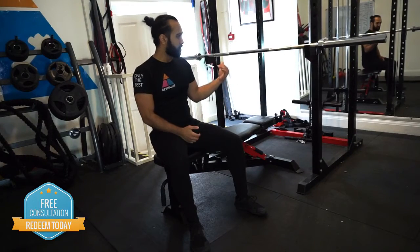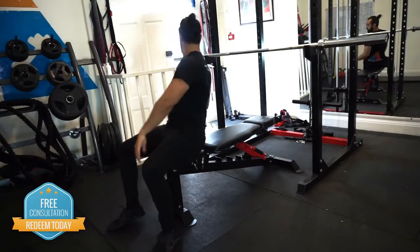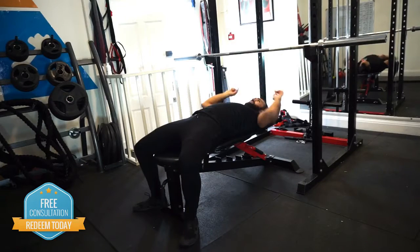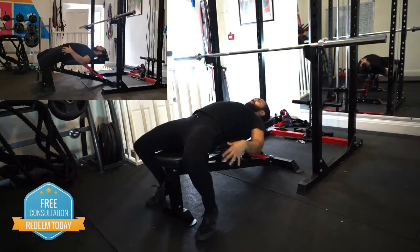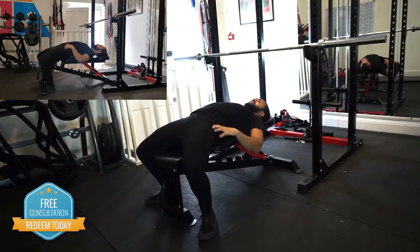So I'll show you the setup here, and again there's a few ways to do it, but we'll just go for a nice standard way of doing it here. So when you've got the bar above your head, you want your eyes to be in line with it really, and that gives you a good position. And then what you want to do is bring your feet in as much as you can. Ideally we can try to keep our heels down, so bring it in nice and tight